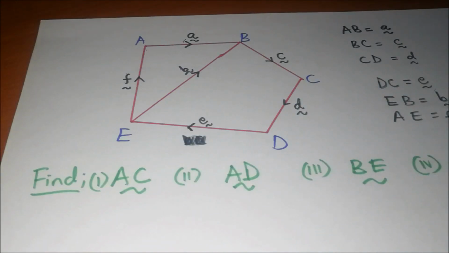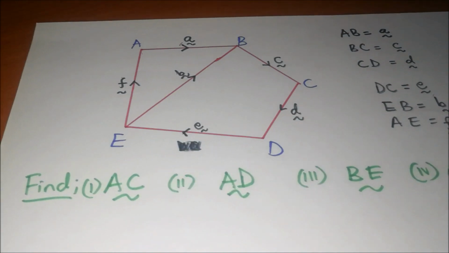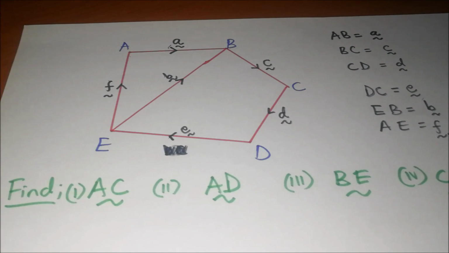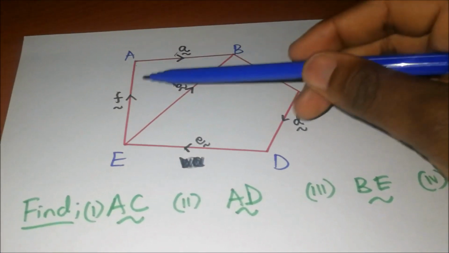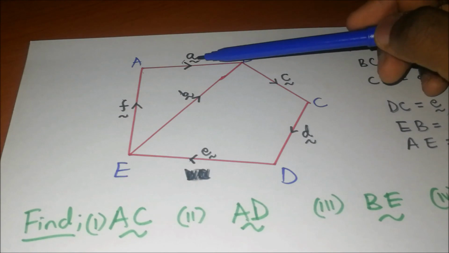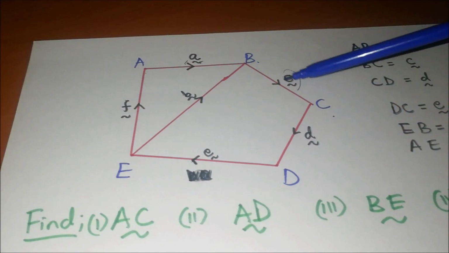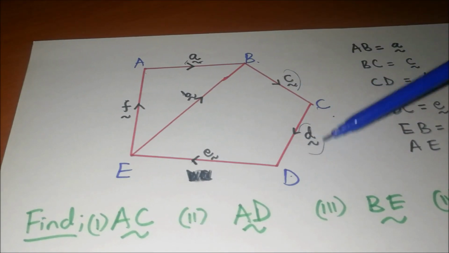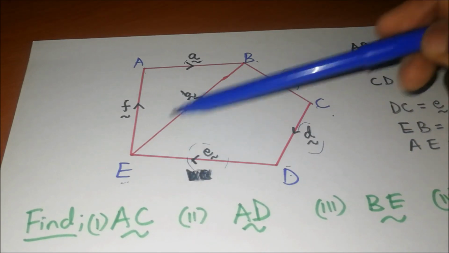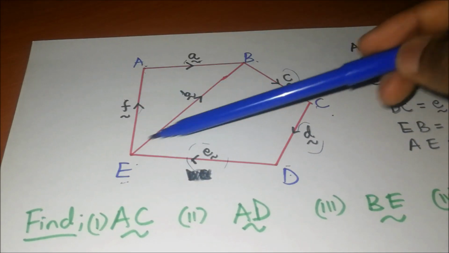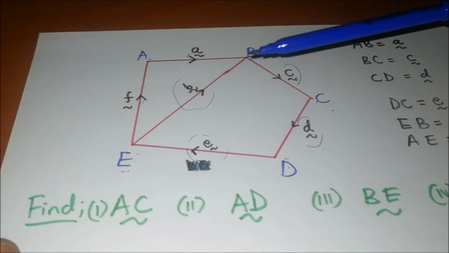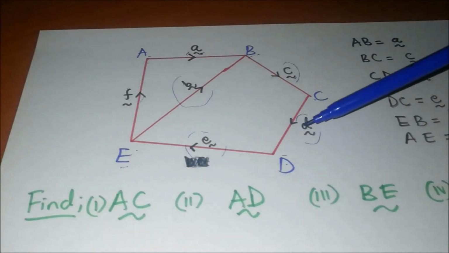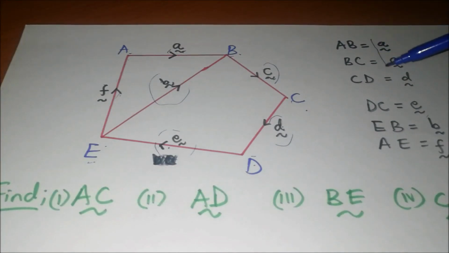So still talking about basics, we need to explore something here. We have a diagram here, and we would like to find the vectors represented by these letters. We have a vector AB represented by letter A. We have BC represented by C. We have CD represented by D, then DE represented by E, then EA represented by F, and then EB represented by vector B. Now, we need to know that these letters, like you're seeing right here,